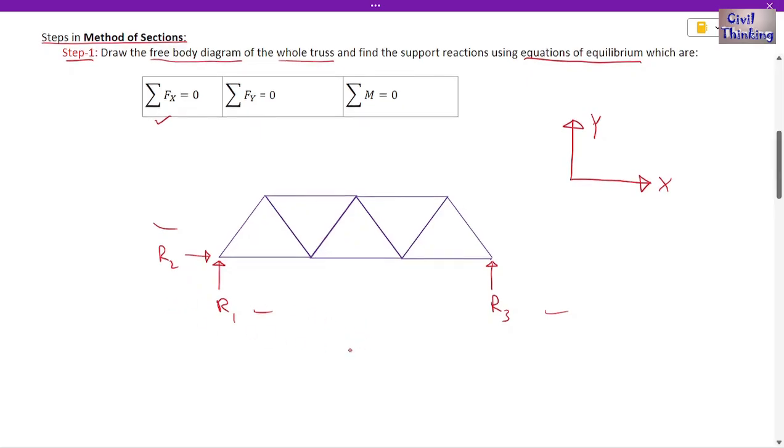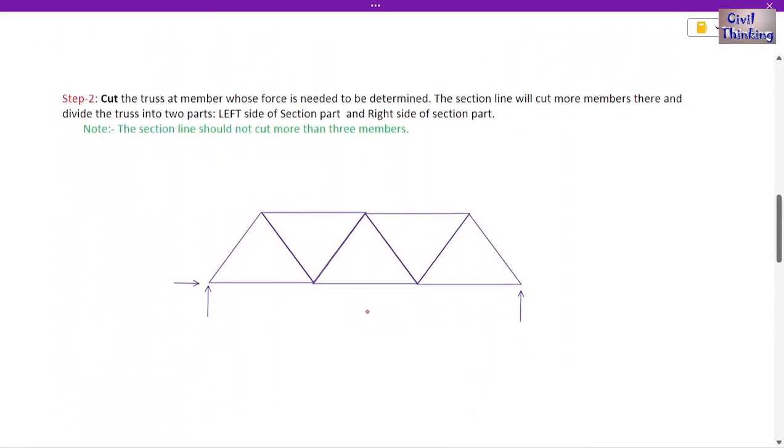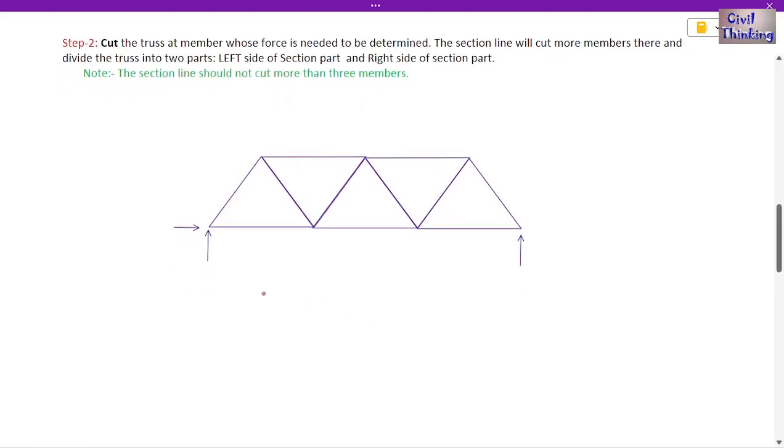After you find these reactions, we have step 2. Now these reactions are known, right? What is step 2? Let us say, for example, this is a joint A and this is joint B. Step 2 is cut the truss at the member where force is needed to be determined. Now in the problem, for example, we have to find the force in